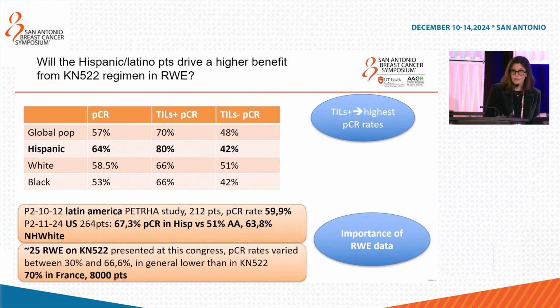We had data in this congress on Latin American patients, the PETRA study, with 212 patients and a pCR rate of 59.9% in real life in Latin America with KEYNOTE-522, and another poster on a US population with two institutions where they had 67.3% pCR in the Hispanic group versus 51% in the African American and 63.8% in the non-Hispanic white. We had altogether 25 real-world evidence posters on KEYNOTE-522 that will be presented in this Congress with